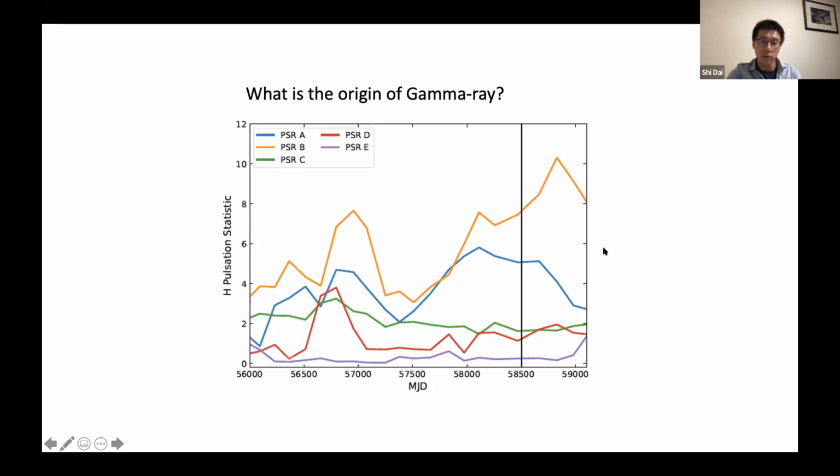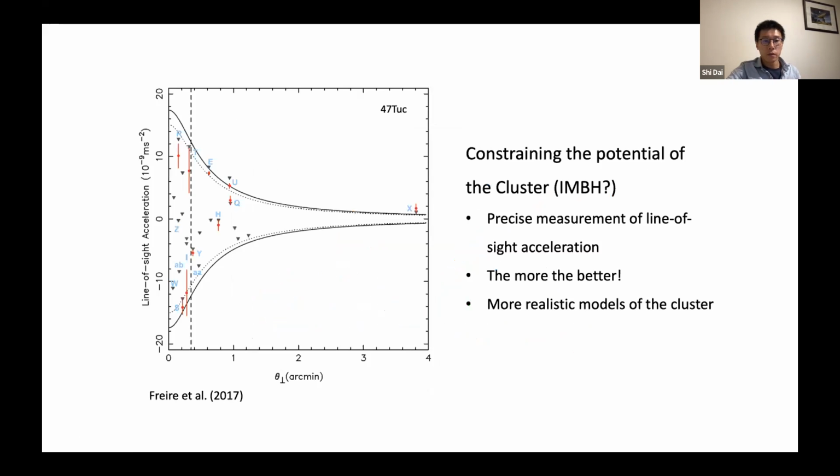So we expect that with more pulsar timing data, we will eventually be able to review the gamma ray pulsation and then tell the actual origin of the gamma ray. And as I just mentioned, with pulsar timing, we can really measure the spin period of pulsars precisely. And through the precise measurement of the line of sight acceleration, we can actually probe the gravitational potential of the